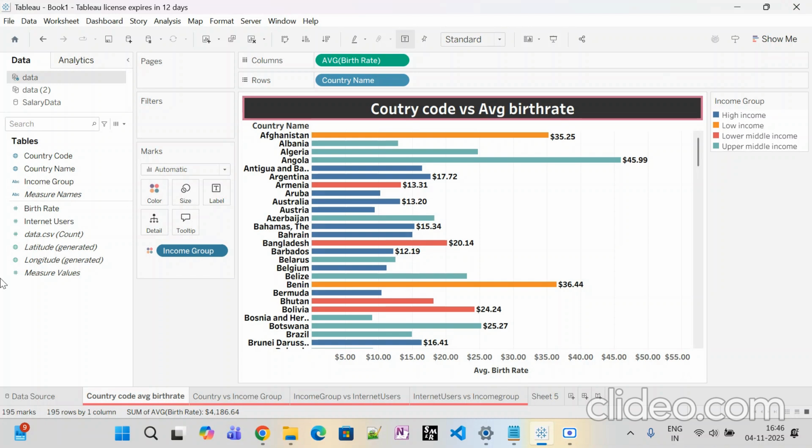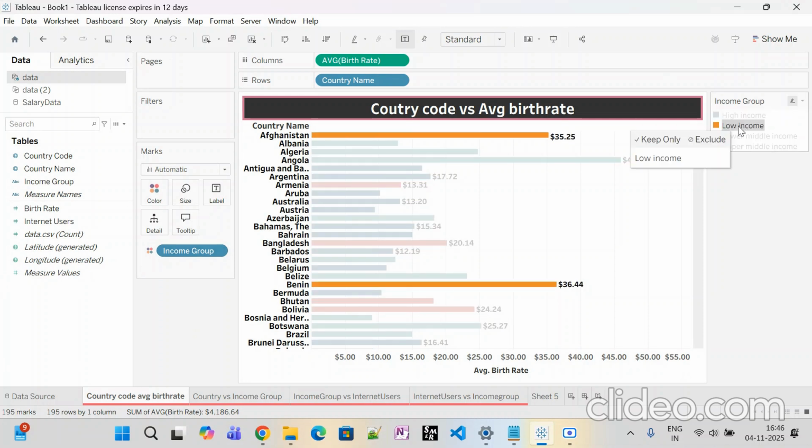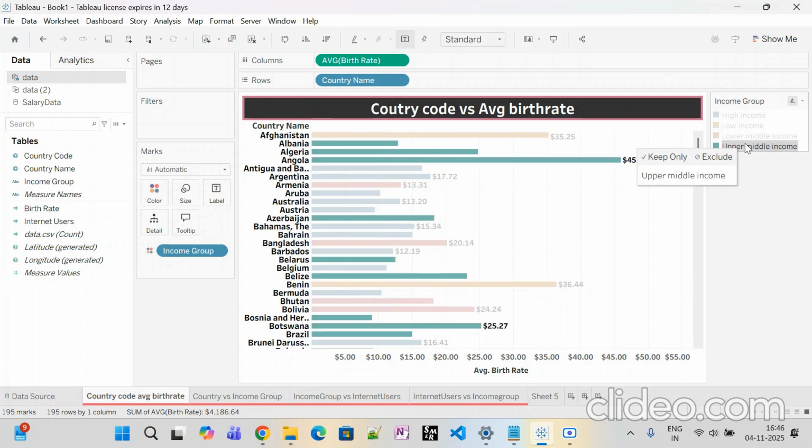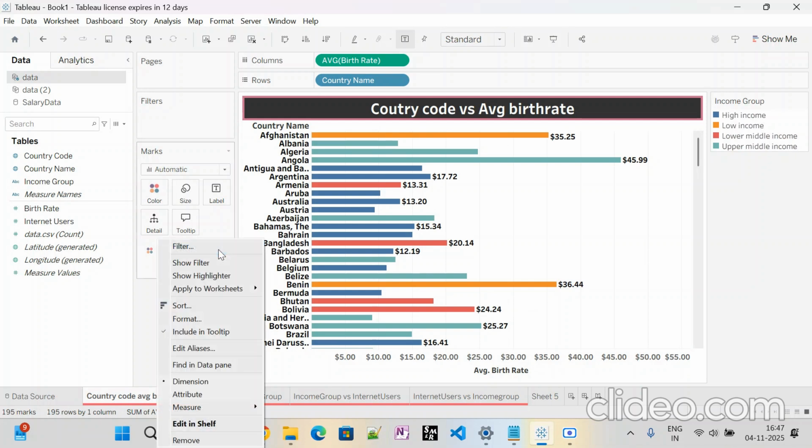Okay, here this is the high income and this is the low income. So these are the things we have to see, what the income groups are. You can highlight it as well. And here when you go here you can see the common filters, right? When you click this drop down you can see the